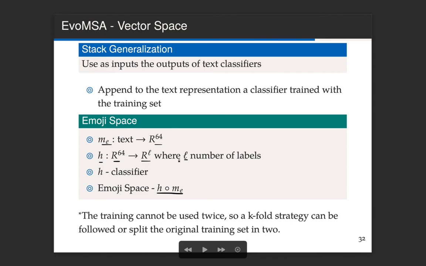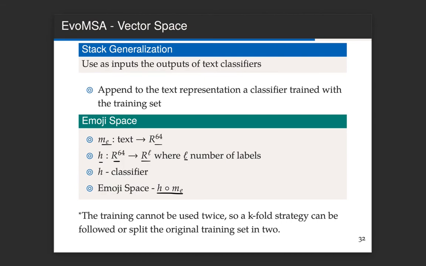So using this, we are dealing with the diversity of dimension in each text representation, and so each text representation combined with a classifier produces the same number of components. One note is that the training set cannot be used twice.